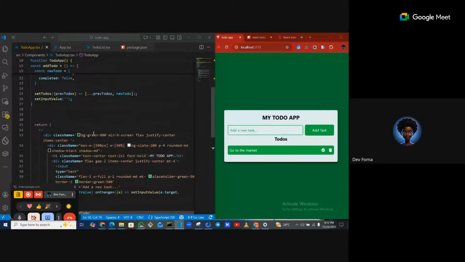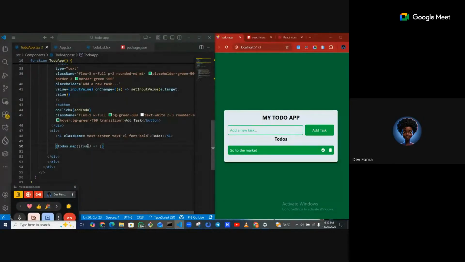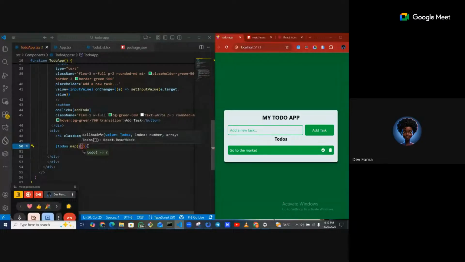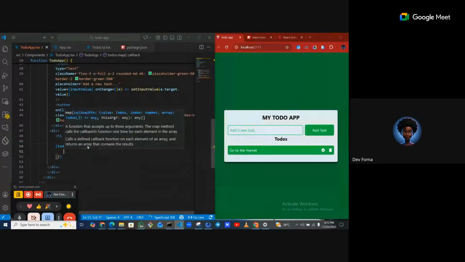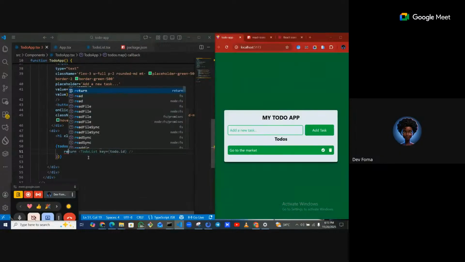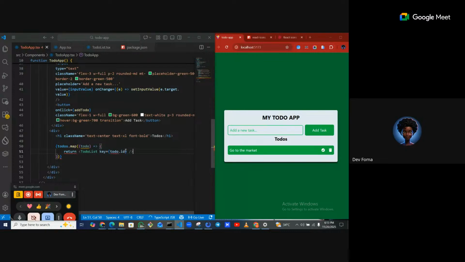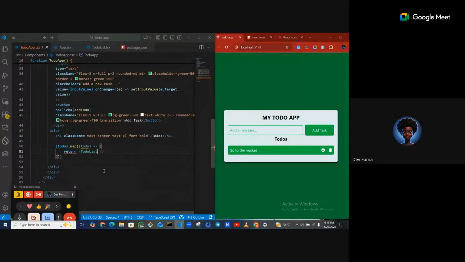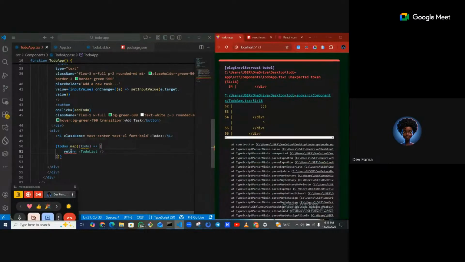Then we're going to map over all the to-dos, and then we're going to return the to-do list. There's no key. Instead of this, since we're returning a value,